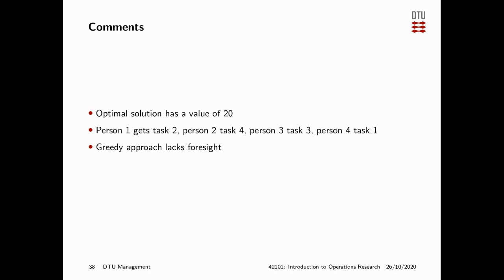In this case, the optimal solution has a value of 20, and it shows that our heuristic approach is good, but it does not return the optimal solution. The optimal solution actually has person 1 doing task 2, person 2 doing task 4, person 3 doing task 3, and person 4 doing task 1. And if you look closely at this,